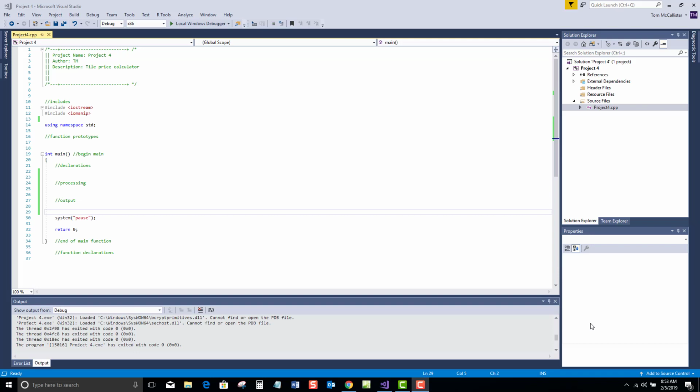Okay, welcome to the Project 4 video. This is the tile price calculator as shown in the book, page 108, exercise 13. And I've posted some desk check data on the page, and we'll use that after we get everything done. So, according to this,